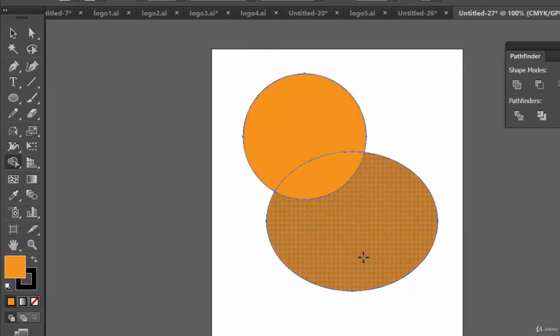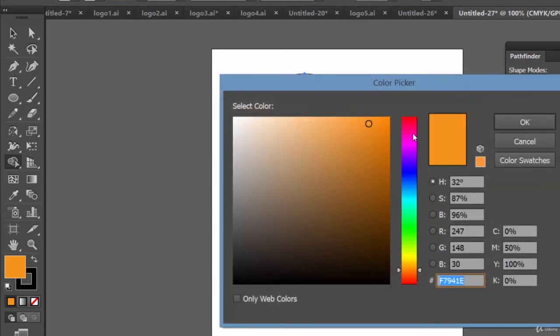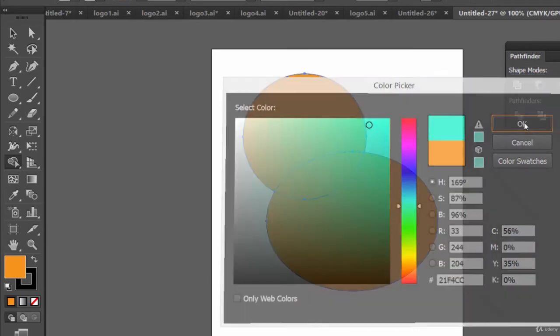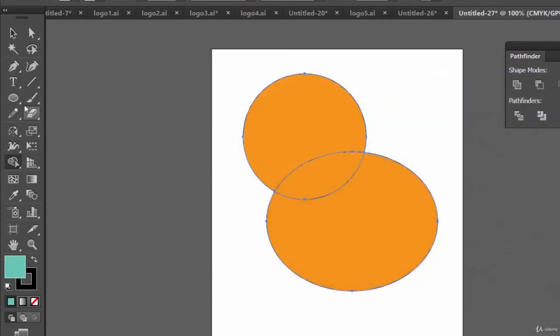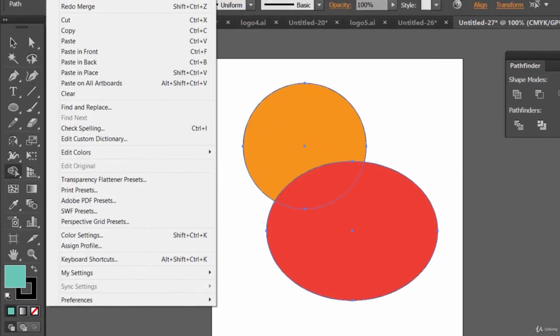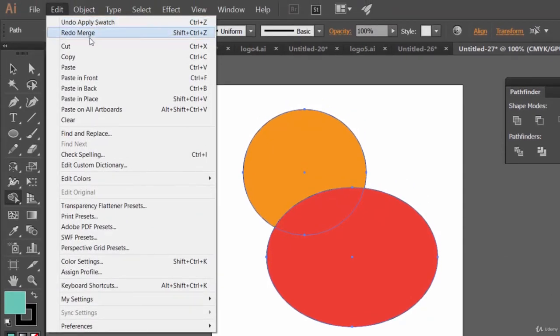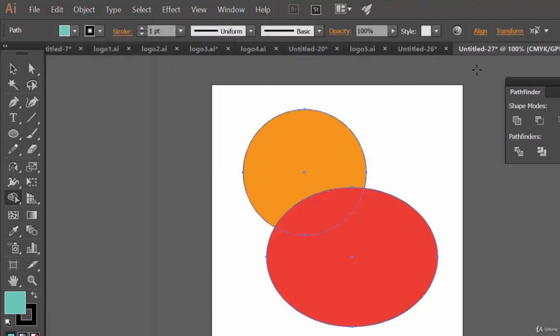From where is this color coming? Well, it's not about the front or the back object, it's about the active color which is here. Okay, let's change it to something else, say this color. And well, first of all, let me undo these. Let's undo. Okay, yeah.